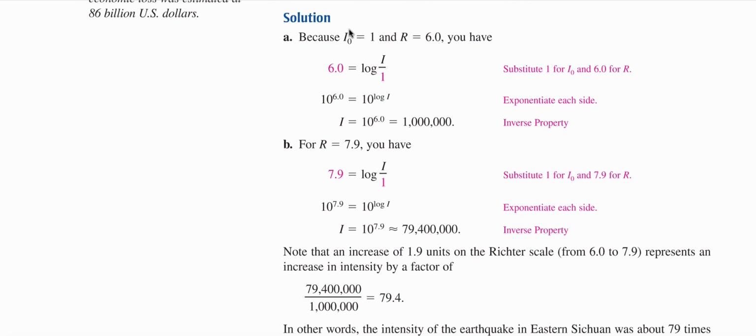Because we're using the initial intensity as 1, we substitute. 6.0 equals log of I over 1. Because this is common log, the base is 10, so we make 10 the base of both sides. And that gives us that I is equal to 10 to the 6.0, which is 1 million. So the intensity is measured as 1 million. For R equals 7.9, we have 7.9 equals common log I. Making 10 the base of both sides, we get I equals 10 to the 7.9, which is